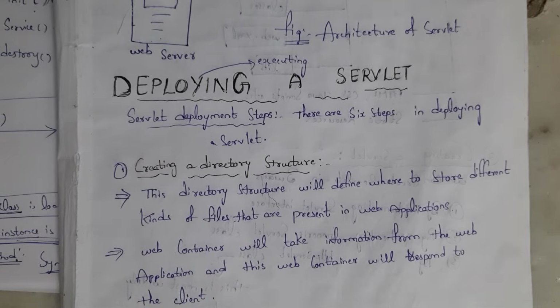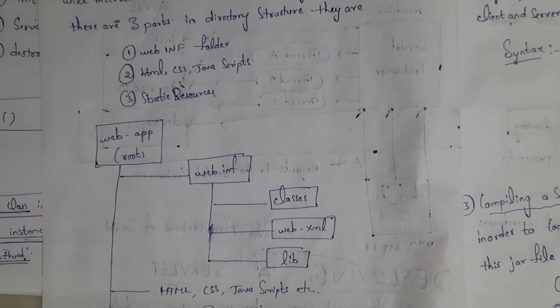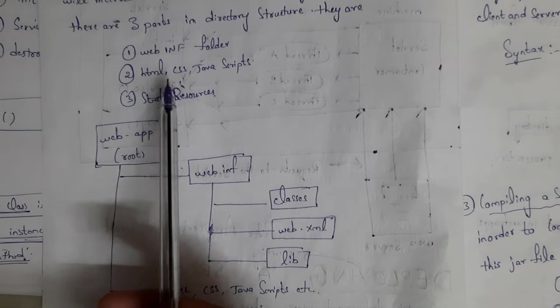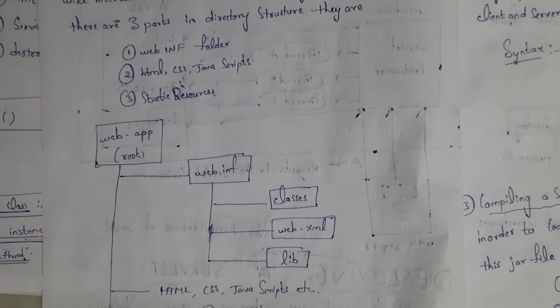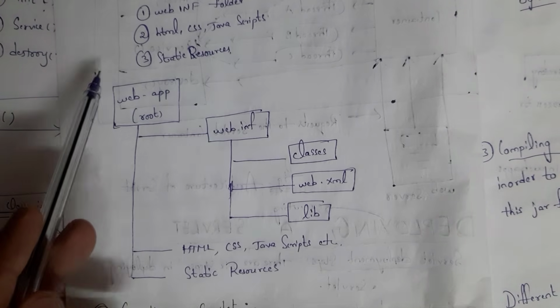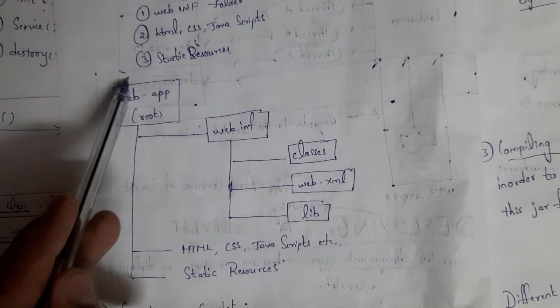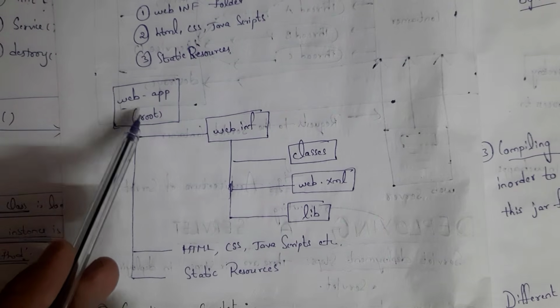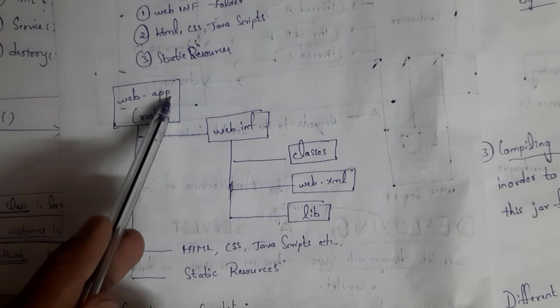The directory structure contains 3 parts. The first one is the WEB-INF folder, the second one is HTML, CSS, JavaScript, and the third one is static resources. These are the 3 parts that the directory structure contains. If you see this diagram, this is the web application folder, and it acts as the root element. Inside the web application folder,